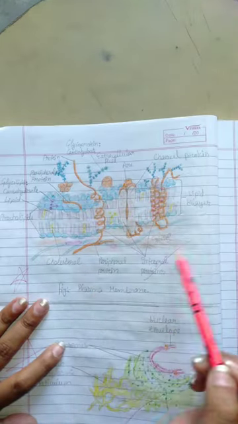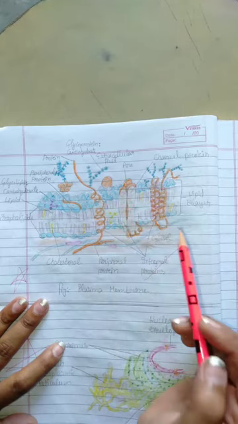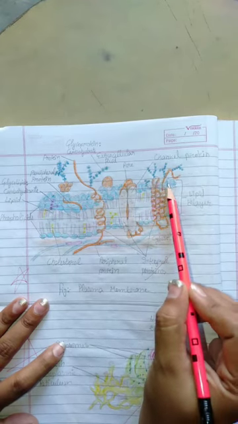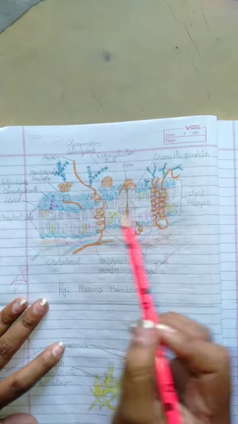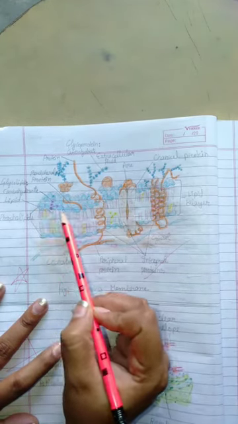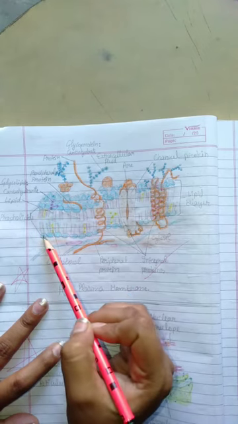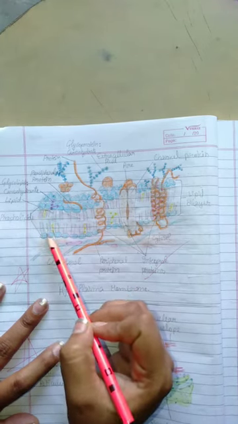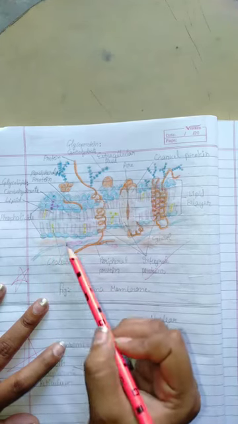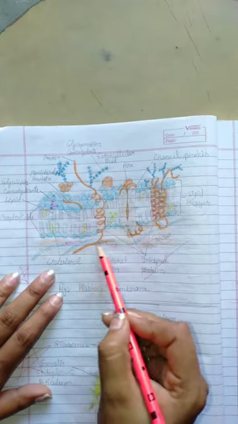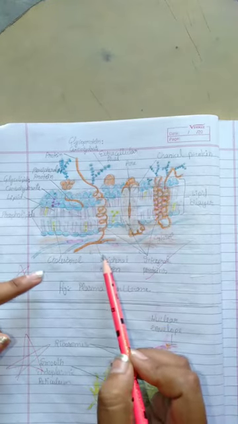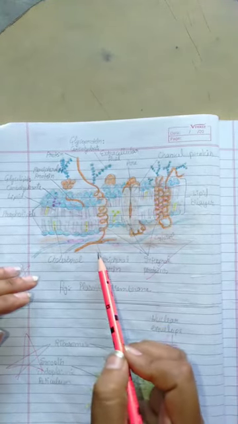Okay guys, this is the figure of plasma membrane. Plasma membrane is formed of lipid layers, this lipid layer and this, so it is known as lipid bilayer. And these are the carbohydrates attached to the phospholipid. These round blue colored matter is known as phospholipids, and this stick like structure is known as lipid. There is a yellow colored material in between these lipids known as cholesterol, and this is known as peripheral protein because it is situated at the periphery of the cell.